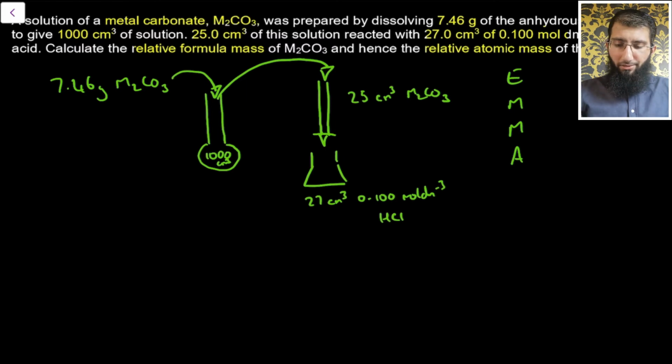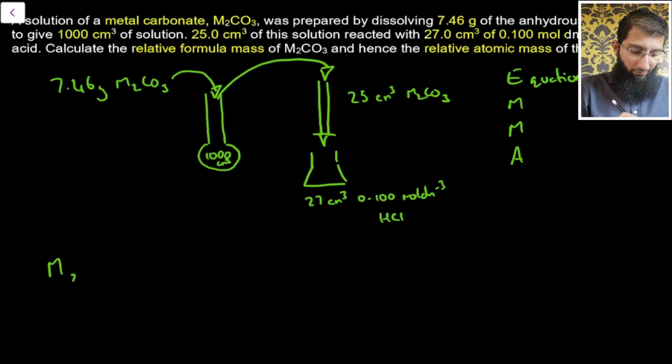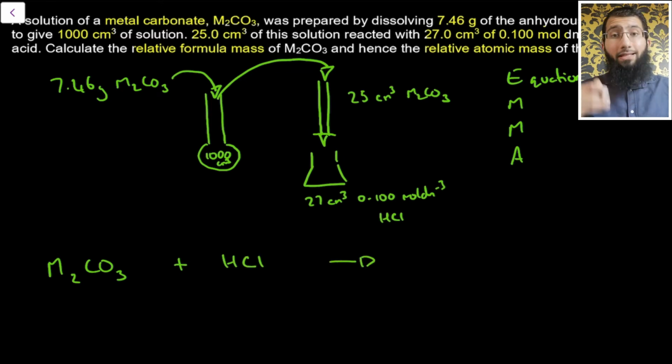Right? So E stands for an equation. We need to have a balanced symbol equation for the reaction taking place. So we've got M2CO3 reacting with HCl. So we've got a typical acid-base reaction. So let's start off with writing a balanced equation. M2CO3 plus HCl, because it's an acid-base reaction, we've got salt plus water plus carbon dioxide. Our salt will